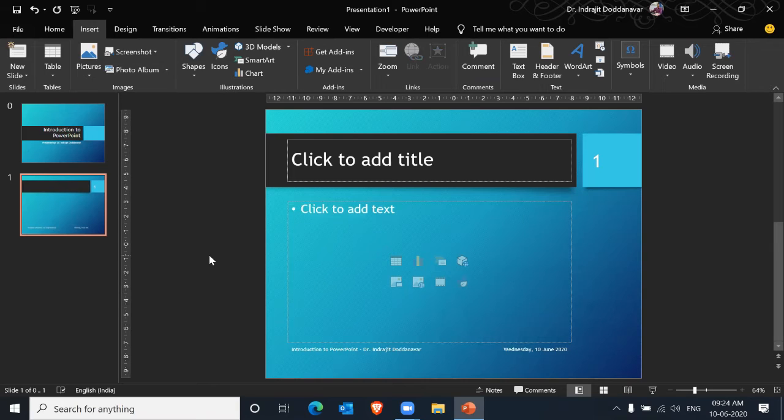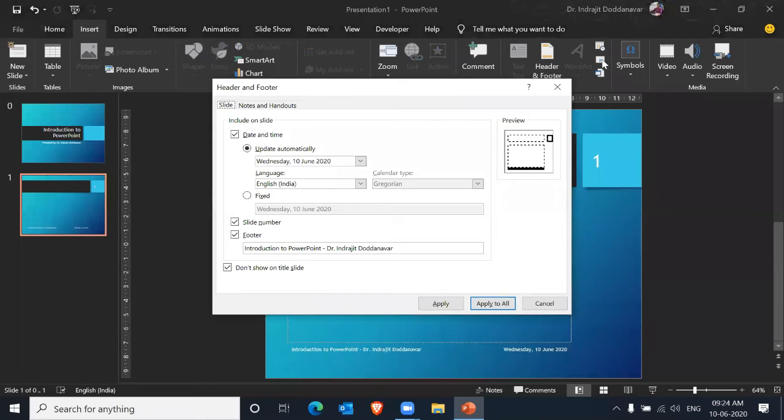Okay. One more thing you have to observe is when we were doing our insert footer, that time we saw that all the three, 1, 2 and 3, were below here because we did not consider the theme that time. We had taken the basic theme which Microsoft PowerPoint gives. In the basic theme, all the three will be at the bottom. But when I selected this Berlin theme, the text box positions have changed.